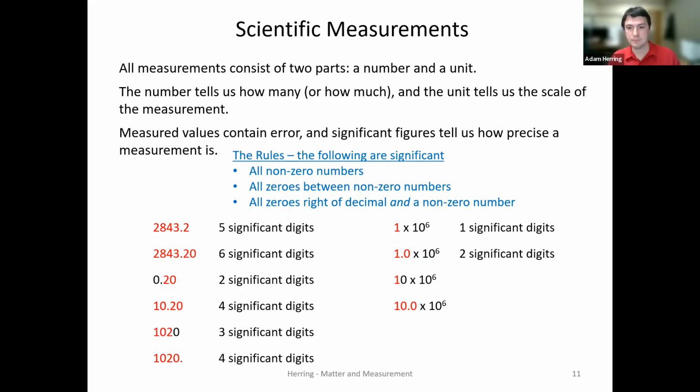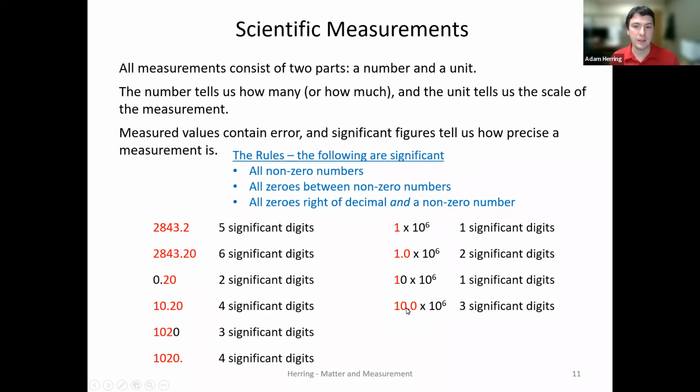Did you get 1 and 3? I sure hope so. The reason why there's only one significant digit in this number is because the 0 is after a non-zero number, but it's not after a decimal and a non-zero number. These 3 digits here are significant because they follow,